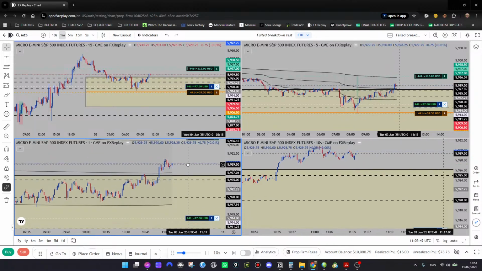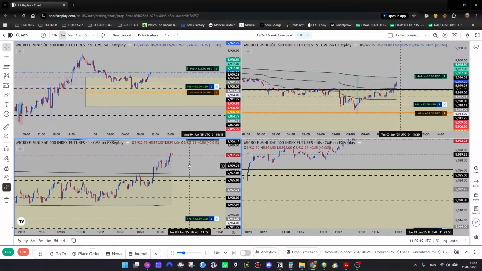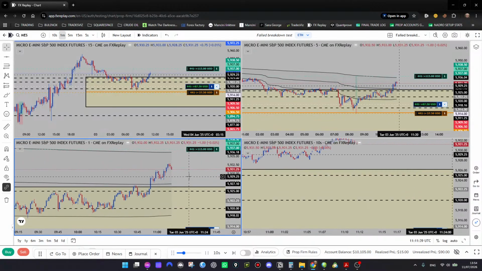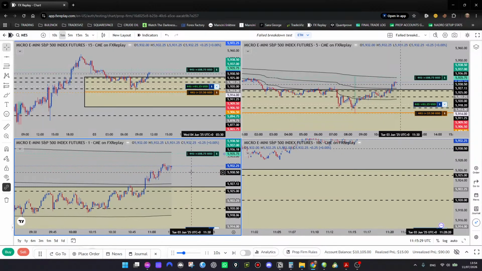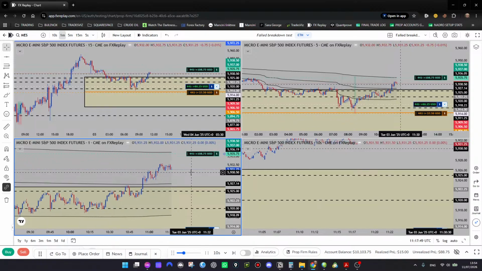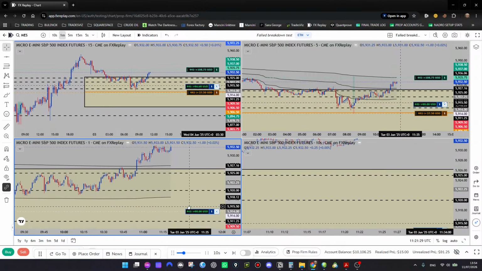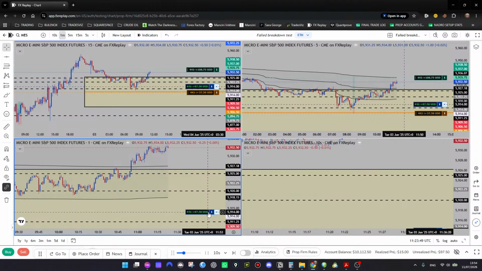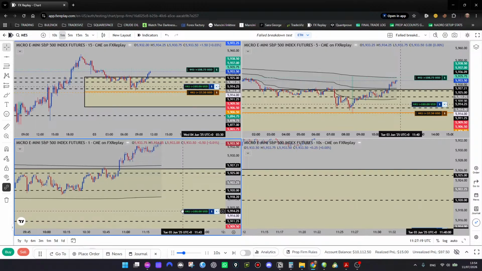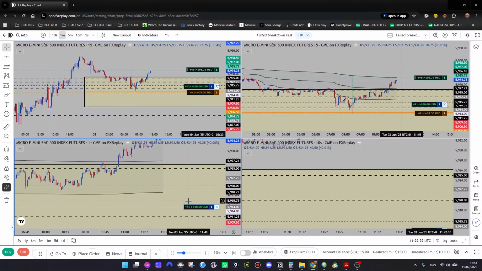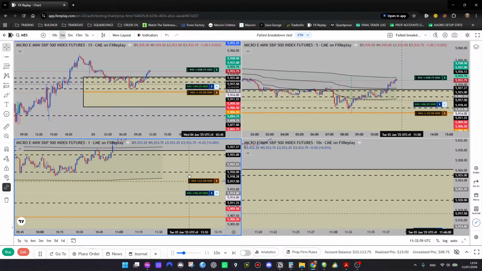If I was on my real account, I would secure this profit. I would raise my stop. I'll adjust the profit to the DVA high. Actually, I can raise my stop. I think I can raise my stop. Oh no. No, that's my entry. This is my stop.